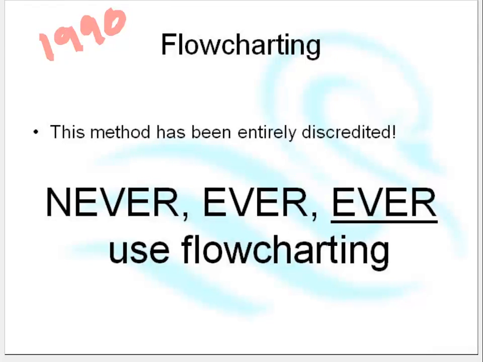So you must never use flowcharting. Unfortunately, most of the lecturers you'll meet learned to use flowcharting back in the 1970s and are still teaching it. So it's a completely discredited method, and you really shouldn't be using it. What we should be using instead is a